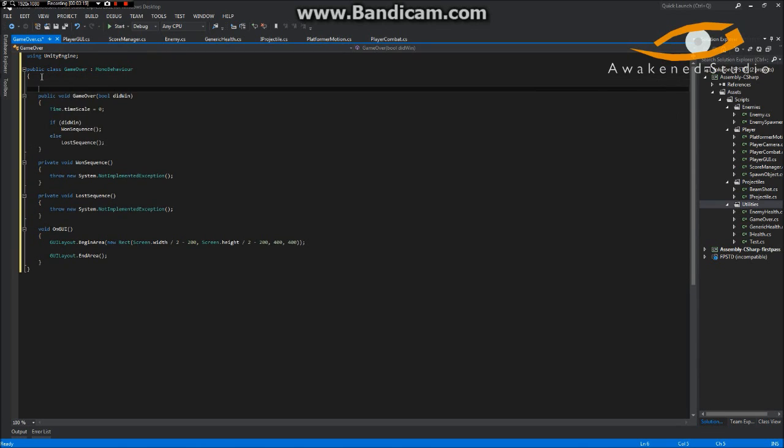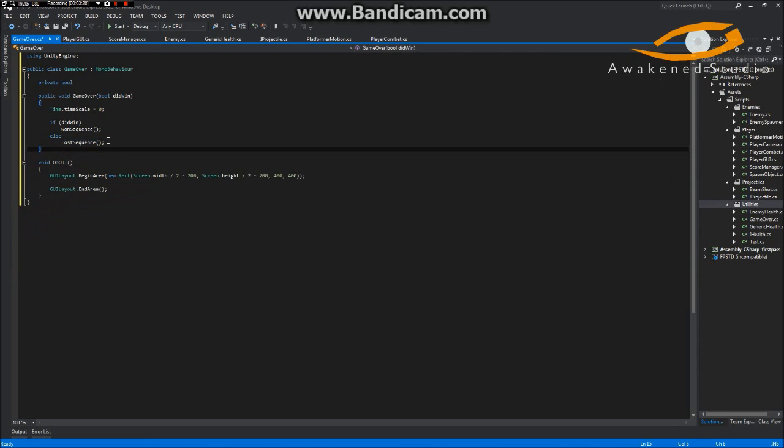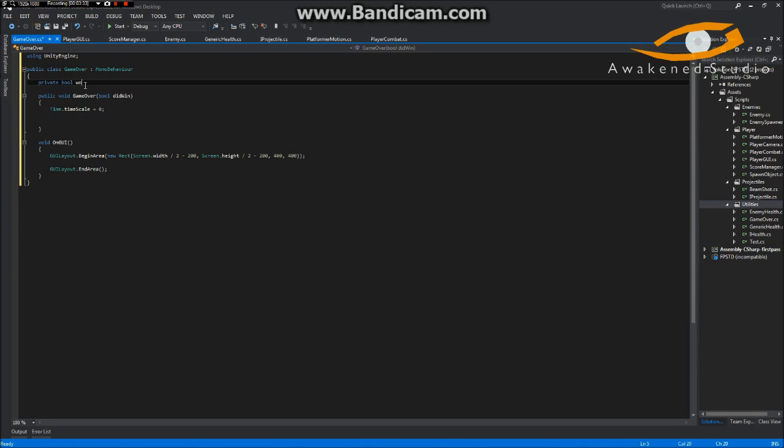We'll make 2 new properties. We'll make a private bool. Actually, I have a better idea, just to clean this up. Delete these 2 methods here, and delete this in here. We'll just do a bool equals did win. Okay, and we'll say in here, if we've won,